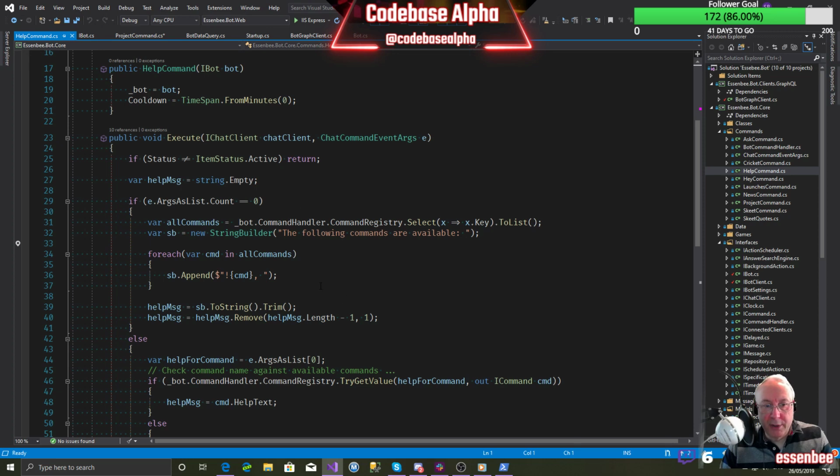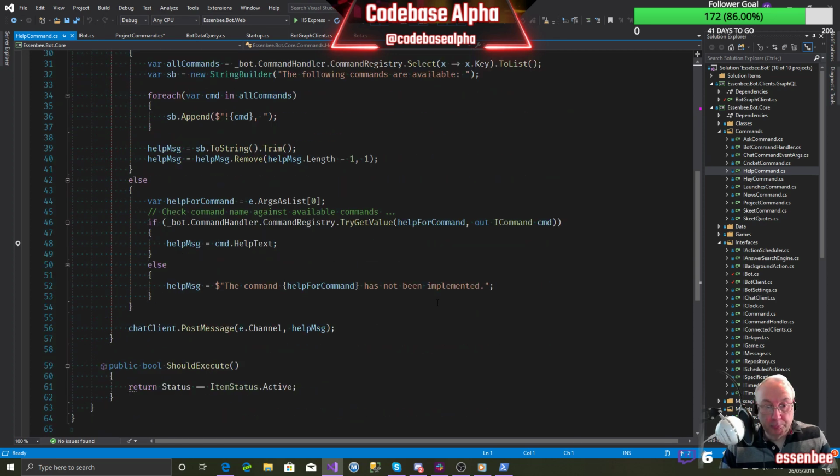Basically we run through all the connected clients and execute the command against each of them. What we can do is use a chat client PostMessage command to post the text back to the client,